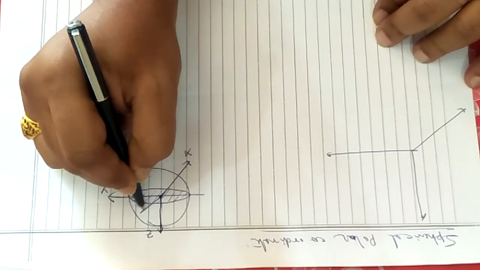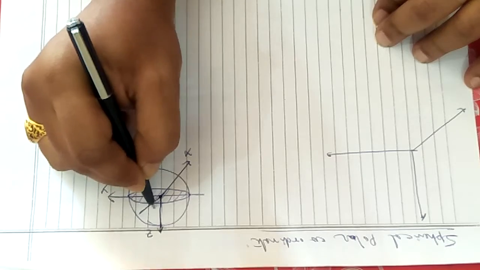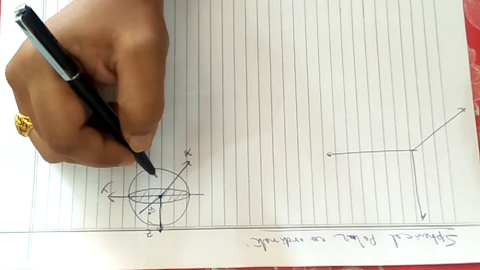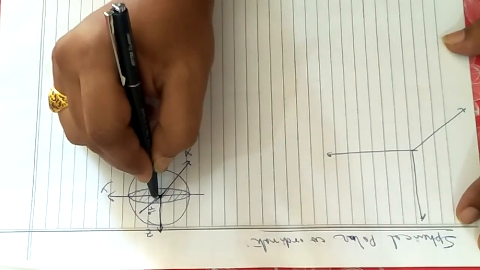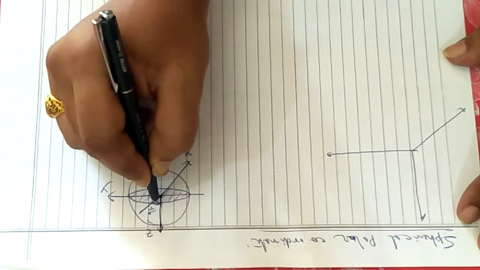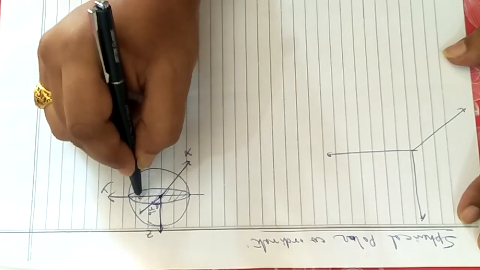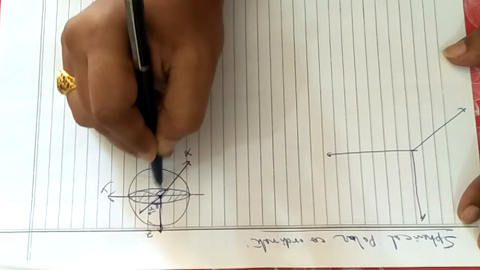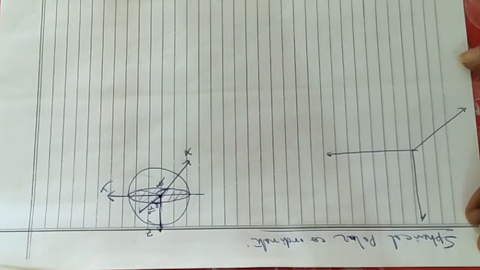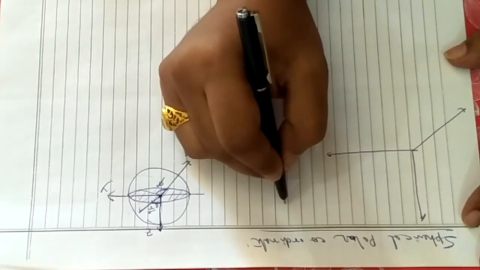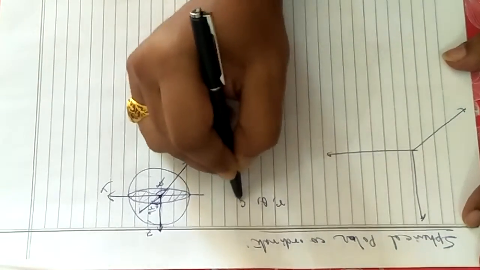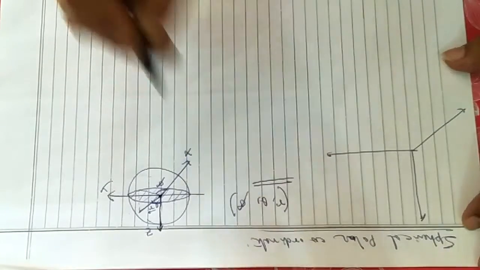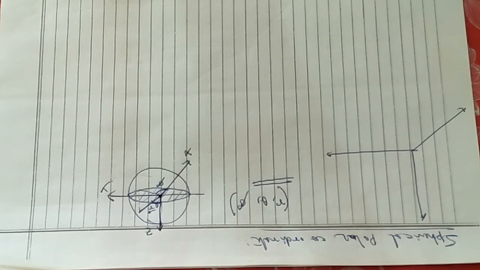If you have any point, any radial vector like that, suppose this is the vector r, if it is making an angle theta with the z axis, and the projection of r on the meridian plane is making an angle phi with the x axis, then the new coordinate system in spherical polar coordinates will be r, theta, phi. Do remember, here is no concept of rho, and rho is not required. Only I need to know r, theta and phi.